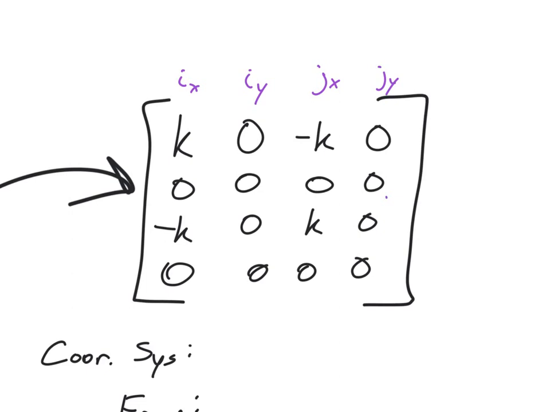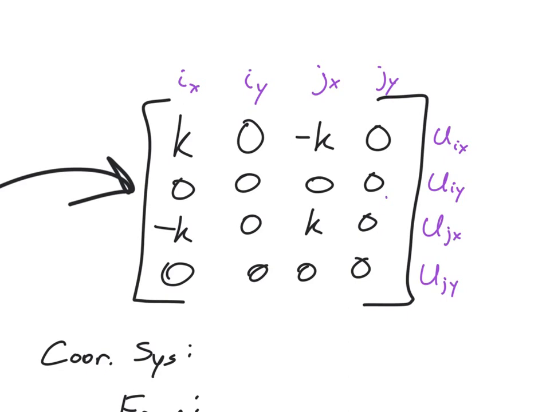And if we look across the rows, we can look at these as the displacement at node i in the x direction, the displacement at node i in the y direction, the displacement at node j in the x direction, and the displacement at node j in the y direction. Now these values here are just symbolic. The colored ones aren't actually there in any of the matrix math that we do, so just be aware of that. So if we would take this first row and multiply it by the lavender u's we have on the right-hand side, you'd see that k would multiply into u